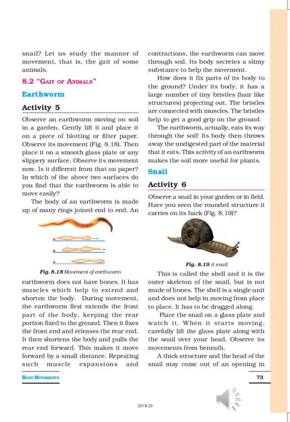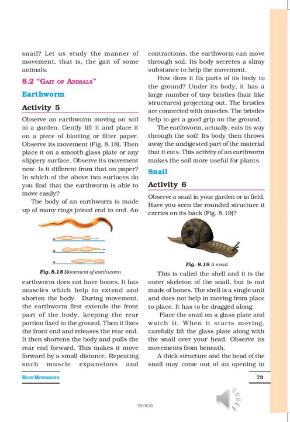During the movement, the earthworm first extends the front part of the body, keeping the rear portion, that is the back portion, fixed to the ground. Then it fixes the front end and releases the rear end. So first it will press the back end or rear end of the body on the ground, and the front side it will move. Then it fixes the front end and releases the rear end alternately. It then shortens the body and pulls the rear end forward.